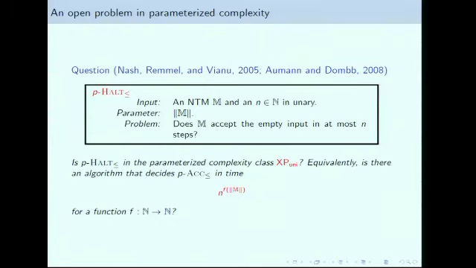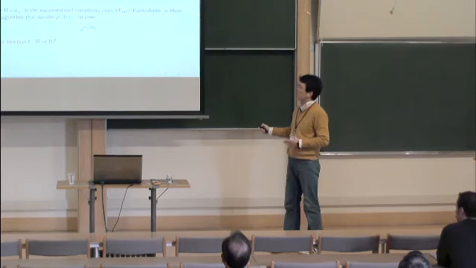So the parameter is M, the size of the machine. We want to know whether M accepts the empty input in at most n steps. If you forget about the parameter, it's a standard classical NP-complete problem. So the question here is whether this problem is in the parameterized complexity class XP uniform, slice-wise polynomial time, non-uniform